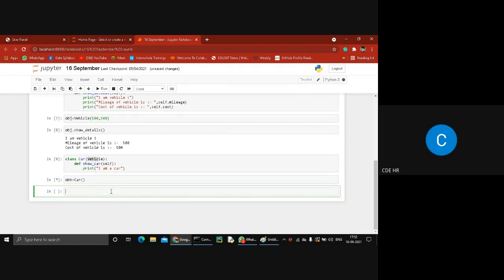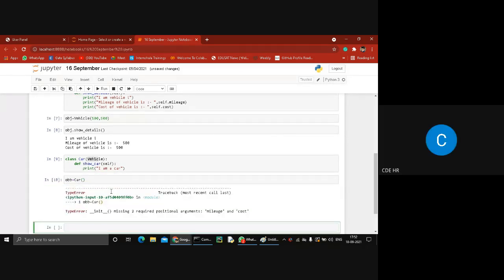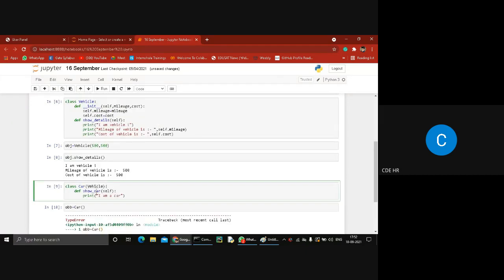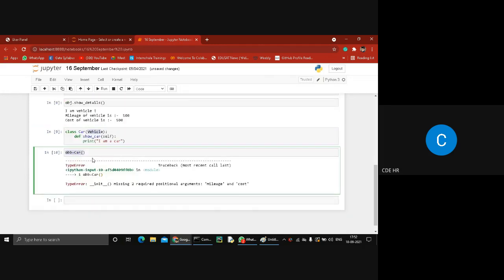Let's see. You see the error: constructor missing two required positional arguments, mileage and cost. So guys, you see, the Car class contains all properties of Vehicle, so it also has to pass the two arguments of mileage and cost. Okay, so now it's clear why it's showing this error.